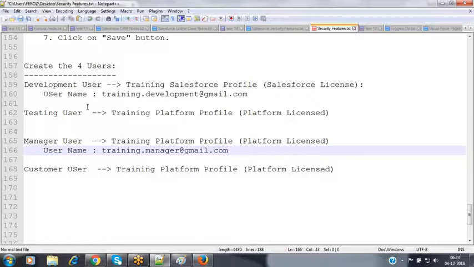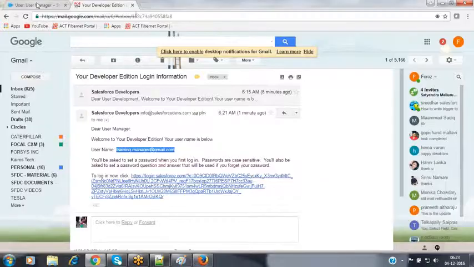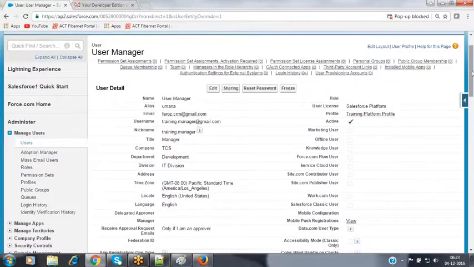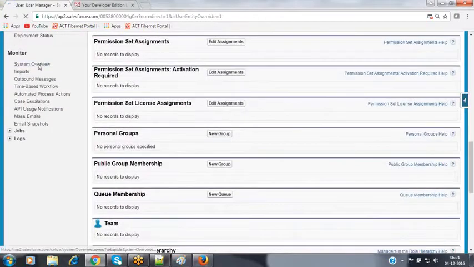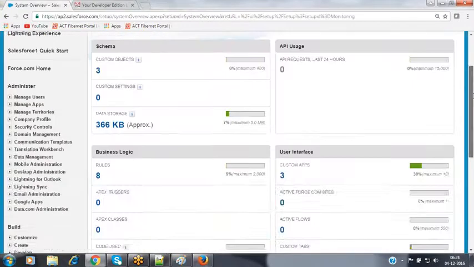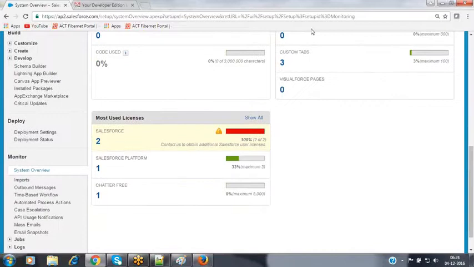Now, I want to create the remaining 2 users also. Before that, let's cross-check the system overview. Then you can get some idea on this. Inside the system overview, it indicates that we have 2 Salesforce licenses and both we have used.